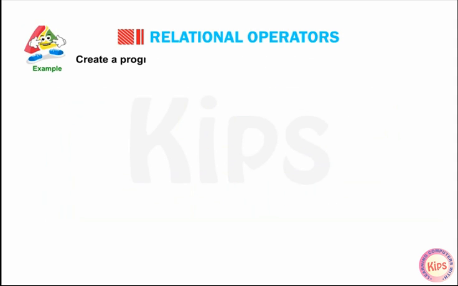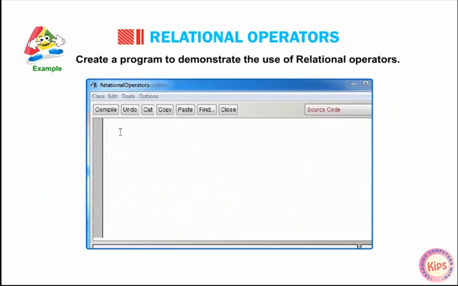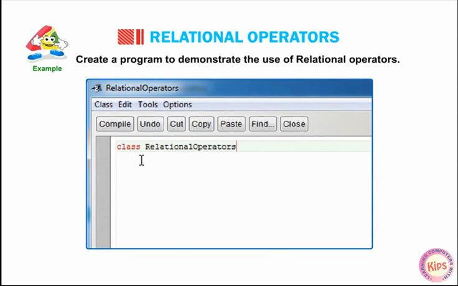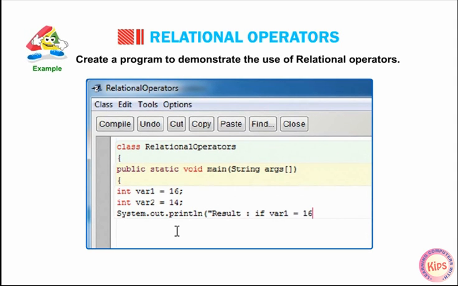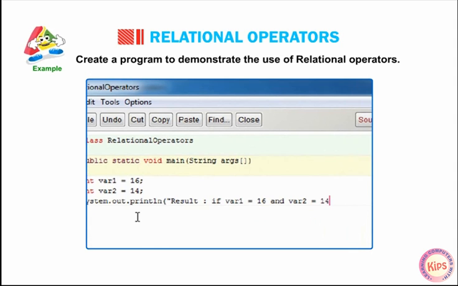Example: create a program to demonstrate the use of relational operators. Class RelationalOperators { public static void main(String args[]) { int variable1 = 16; int variable2 = 40; System.out.println("Result: if variable1 is equal to 16 and variable2 is equal to 14");